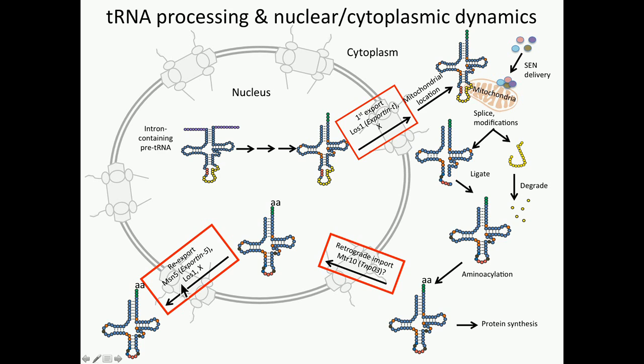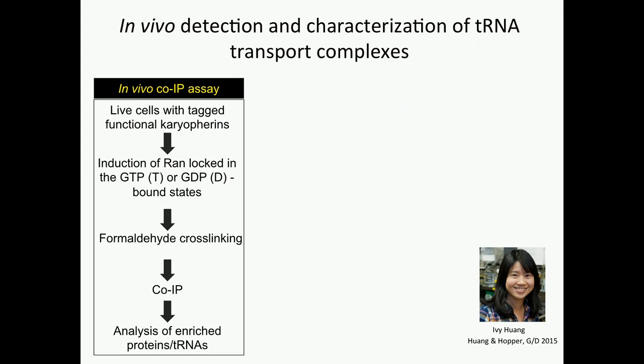identified a variety of proteins, three members of the beta-importin family, that are involved in this nucleus-cytoplasmic transport of tRNAs. And LOS1 is, by genetics, the primary export factor, and MSN5 and LOS1 are involved in the re-export steps. But we didn't have any biochemical data that supported that, so Ivy Wang in my lab